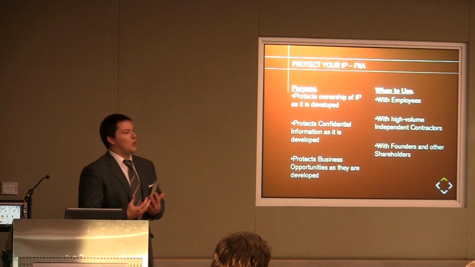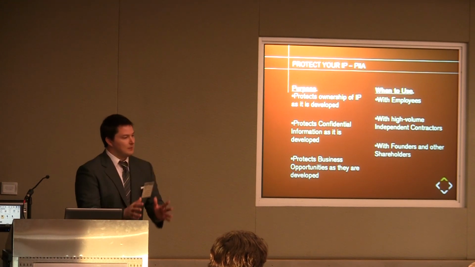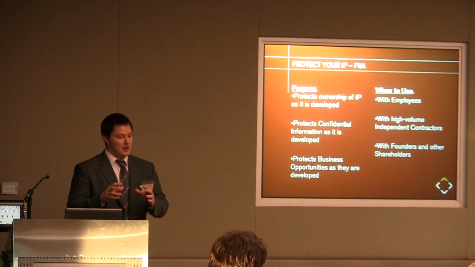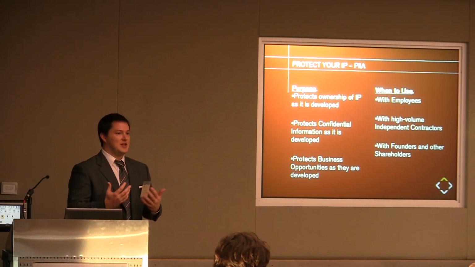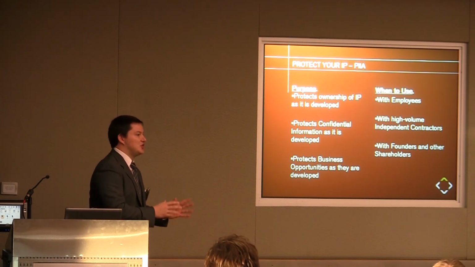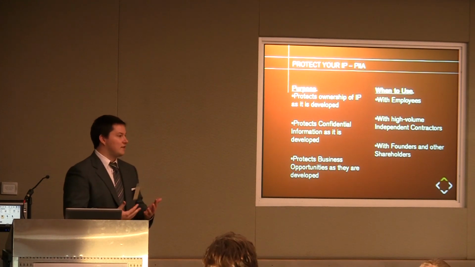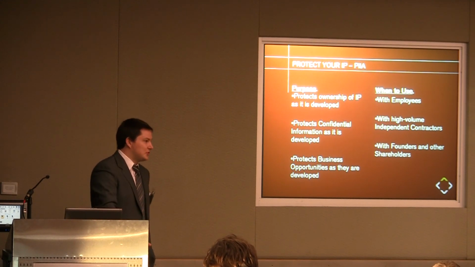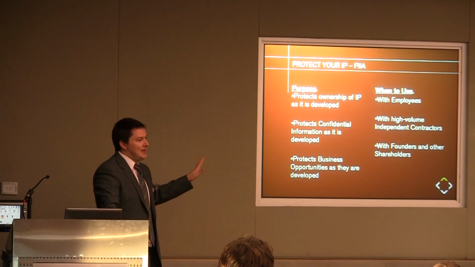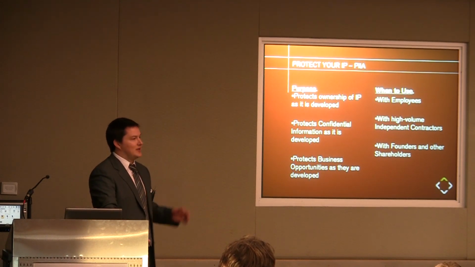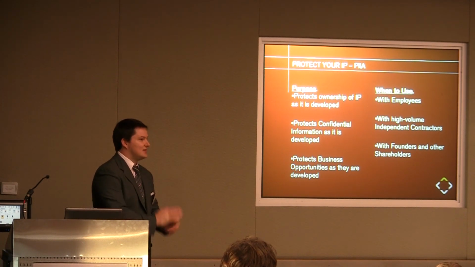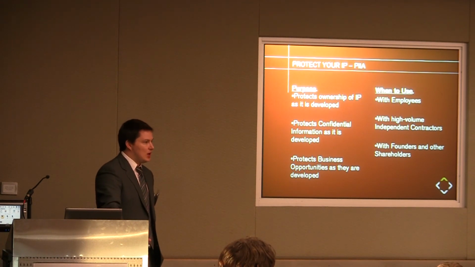But the way it works in Washington is if the employee is using knowledge from work, for example, if they're using their work computer, or if they're using skills or information that they've gotten from Microsoft, code that they've gotten from Microsoft, that is the rebuttable presumption that it's a work for hire, that it's owned by the company. What we're doing with the PIIA is we're just going around it and saying this is now just straight breach of contract. You've signed a contract that says everything you make working for me belongs to me.